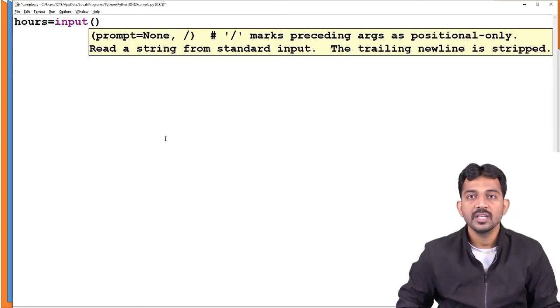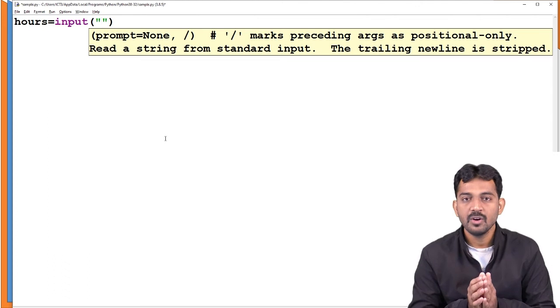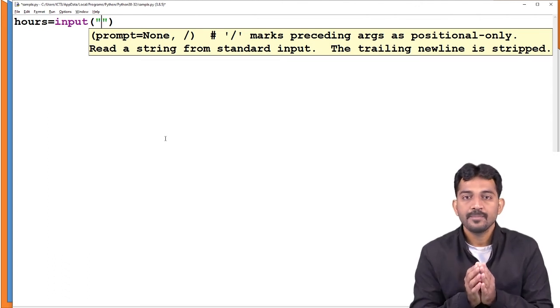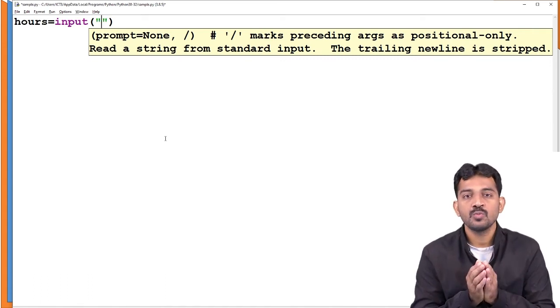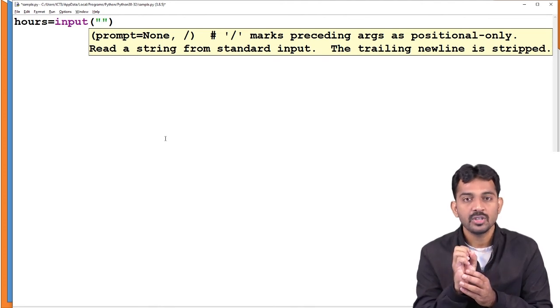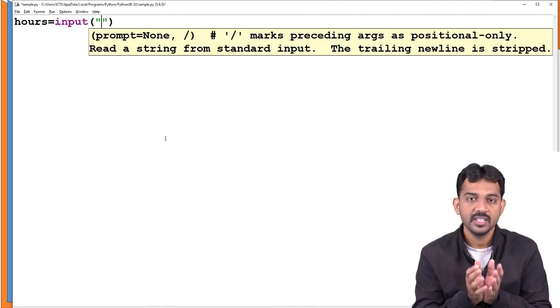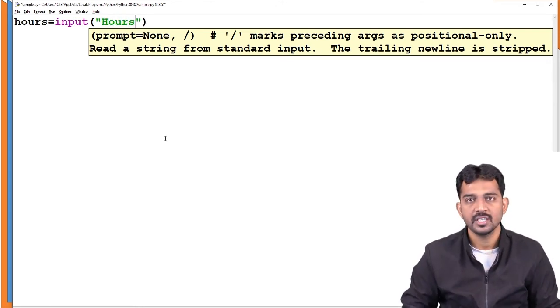What are they going to ask? Hours, right? Generally, don't print these messages if they didn't ask. Because if you print hours and rate in the online IDEs, you will get a wrong output even if your answer is right. The reason is they're going to ask only to read the input. They didn't ask you to print anything, right? That is the reason. So actually for your understanding purpose, I'm going to print that hours.